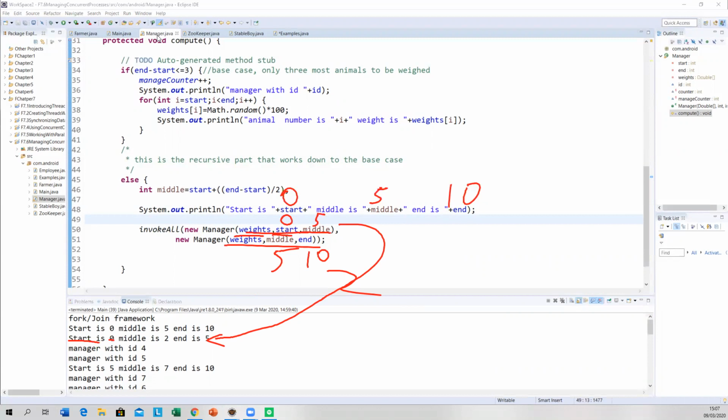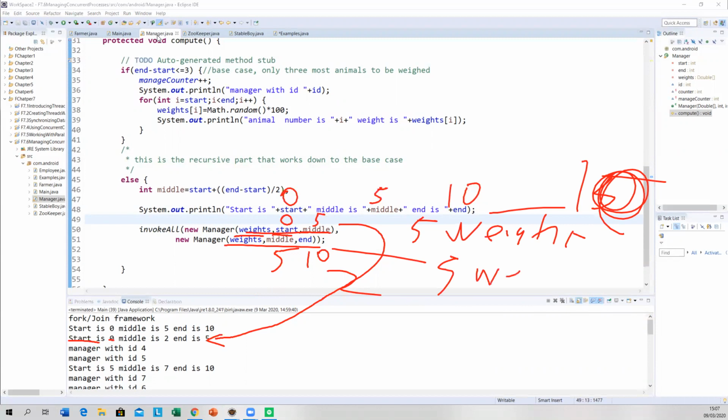Now none of those three are going to be doing the weighing, because the first guy has got 10 weights, the second guy has got 5 weights, and the third guy has also got 5 weights. So the invoke all means it's going to do it recursively again.